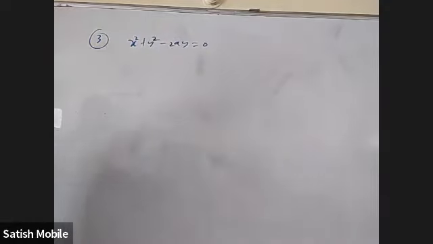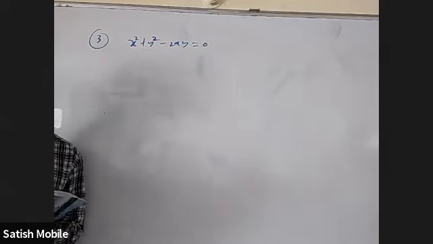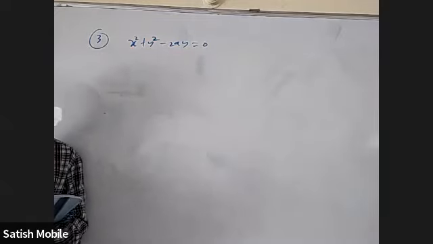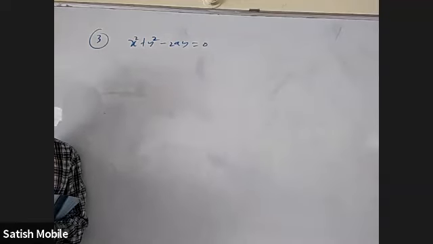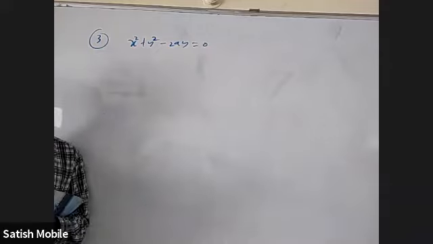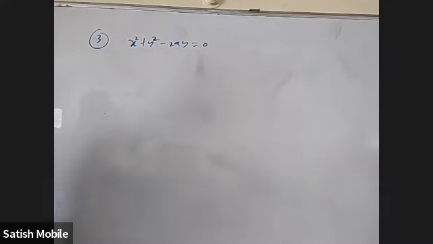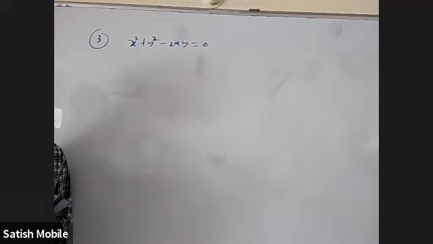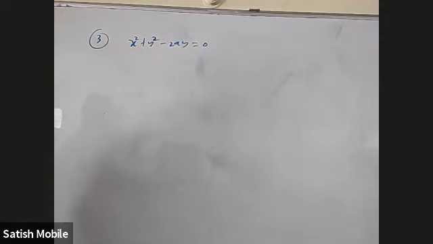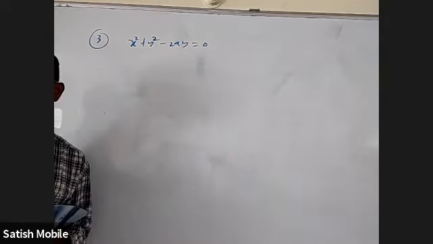Okay. What does this represent in coordinate geometry? Is it a parabola? What does this represent? Circle. Okay. Will it cover all the circles in the xy plane or some specific circles? If I tell x square plus y square plus 2gx plus 2fy plus c equal to 0, it covers all the circles in the xy plane.